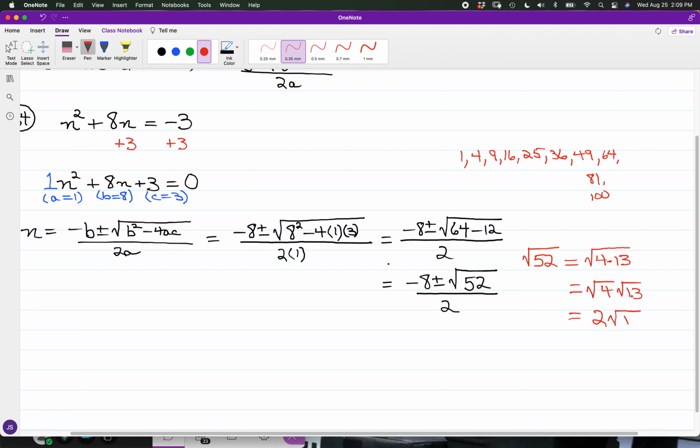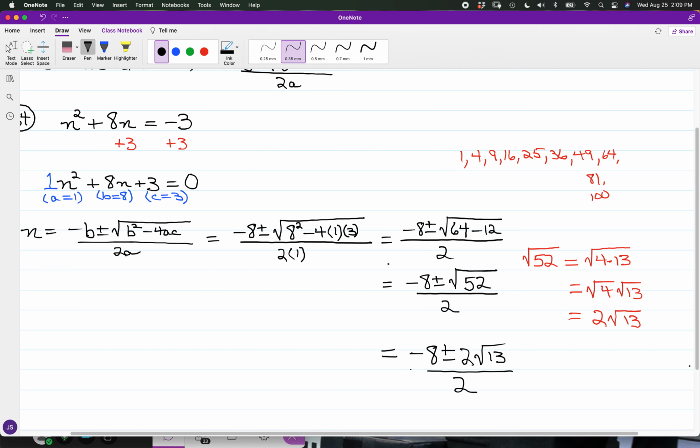Bringing down the radical portion, we have the square root of 13. In the rewrite, you have negative 8 plus or minus, and for the square root of 52, I have 2 times the square root of 13,